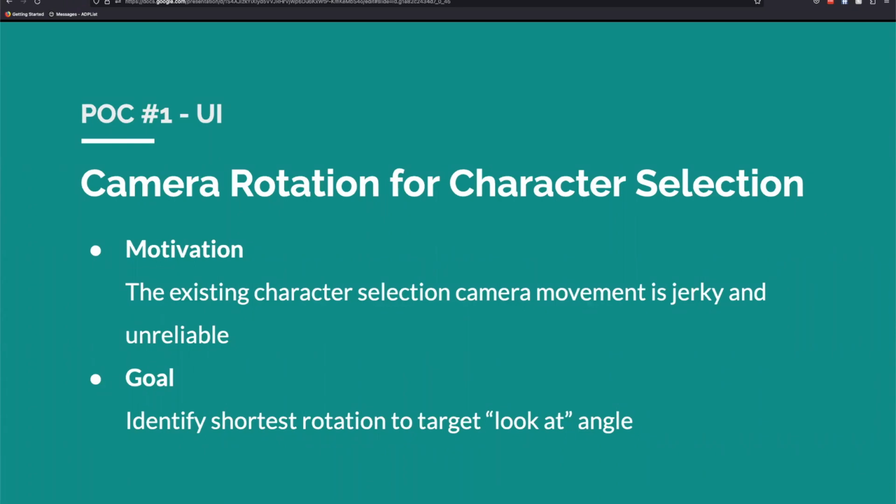I had the idea of placing and posing these characters in a circle formation surrounding the camera so that when the player goes left and right, the camera would rotate with it. But immediately I encountered a problem with the camera going from one angle to another, especially when the player goes left or right repeatedly very quickly, when it becomes very jerky. So this proof of concept was really built to solve that exact specific problem.